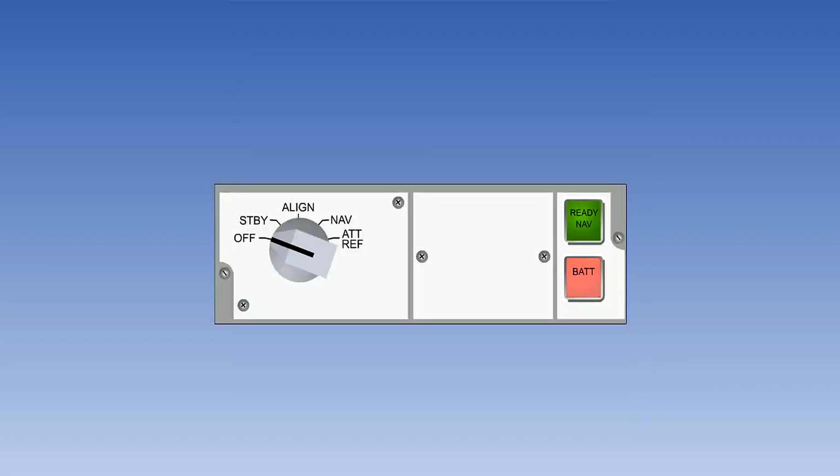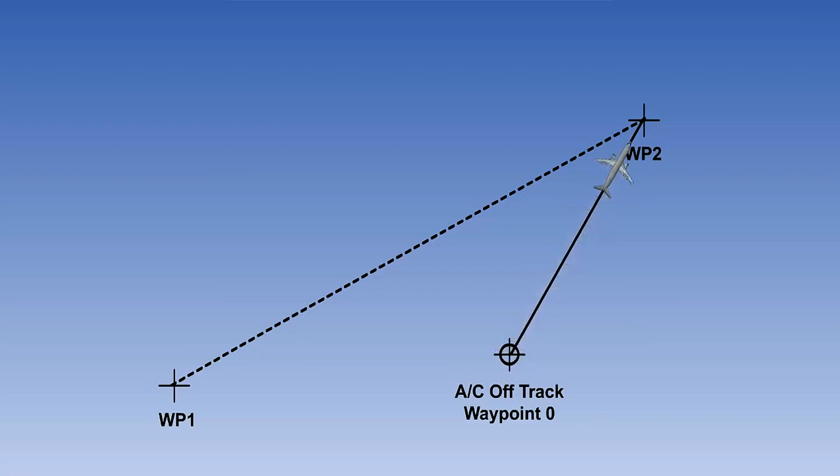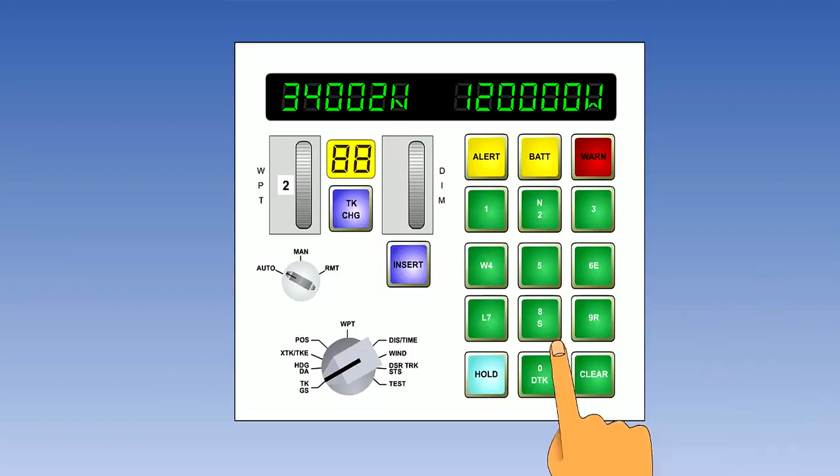However, if the MSU battery light comes on, we have lost INS alignment and computing for the rest of this flight. Waypoint 0 gives us the facility to steer directly to a waypoint from present position instead of a longer route. And the hold button freezes and unfreezes the present position display.